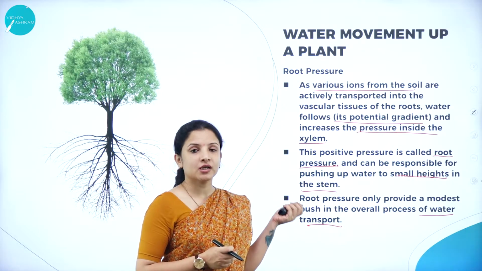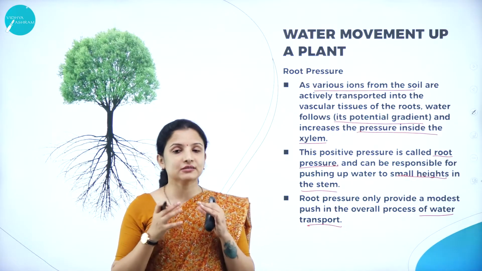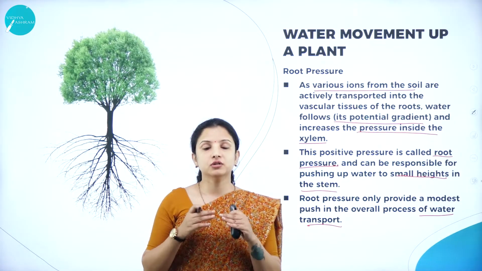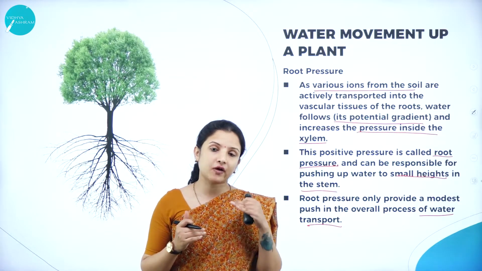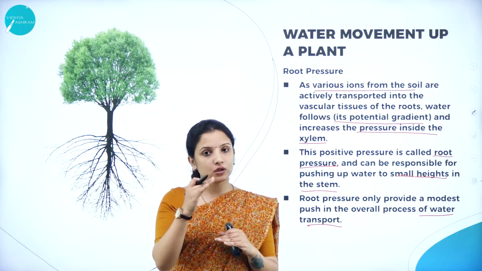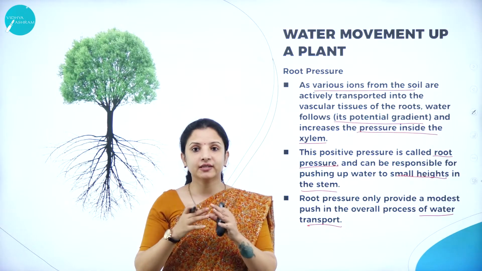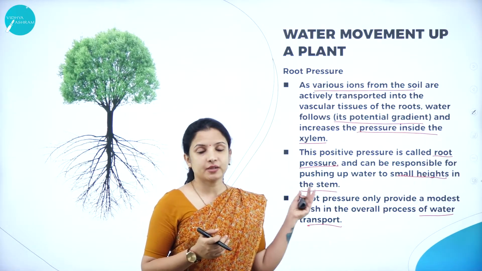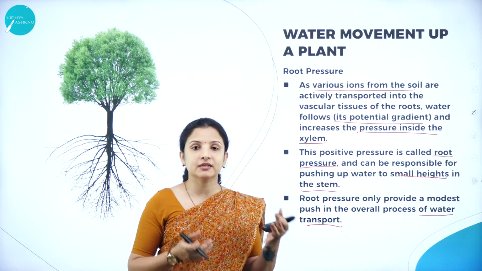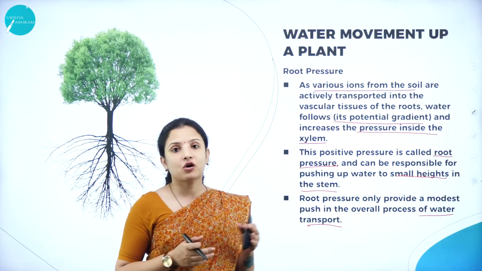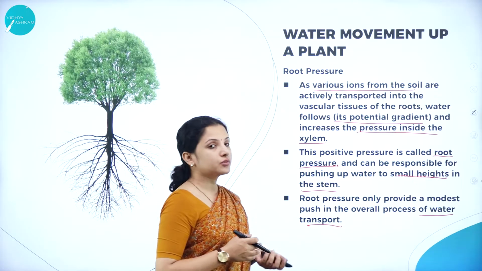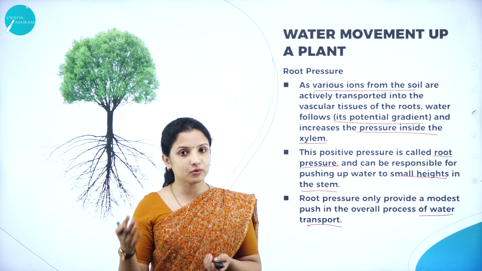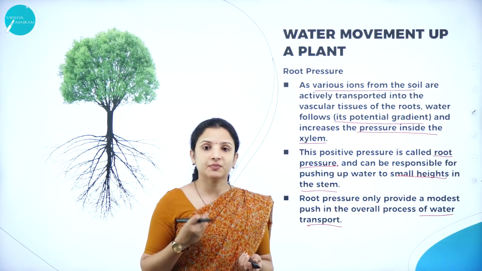So what is root pressure? It is nothing but the pressure that is created inside the xylem cells when the water molecules along with the ions move from a region of higher concentration to a region of lower concentration. Therefore, in the xylem cells, the ions and the water molecules get accumulated, thereby creating a pressure. That particular pressure which is created in the xylem of the root cells is called the root pressure. And this root pressure is only favorable for movement of water or ions up to a certain distance. Beyond that, the transpiration pull is needed.